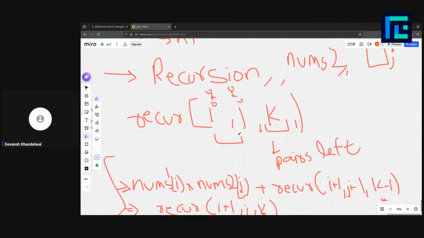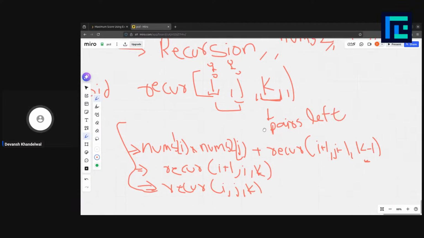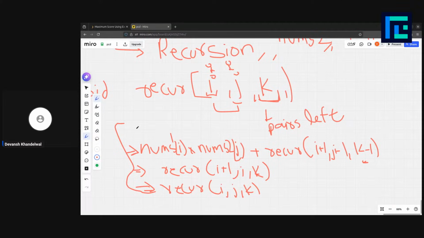Because the value of this would be around 100, this would be around 100, this would be around 100, right? So what can we do? There would be many overlapping cases here. Whenever you find this situation, where you are using recursion or something similar, now we need to optimize it, right? What we could do is use dp here,